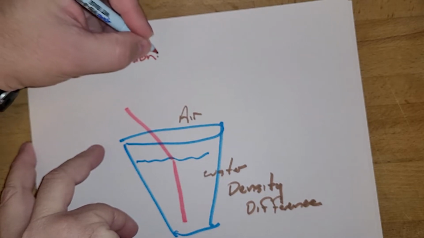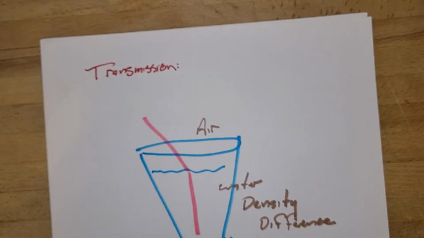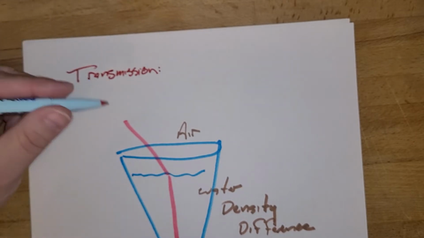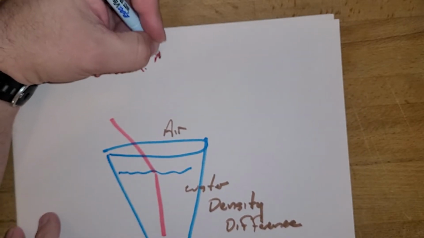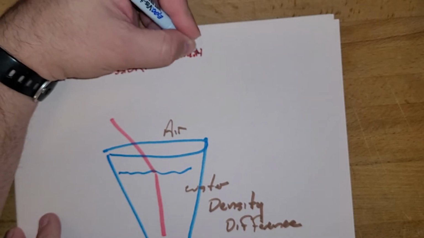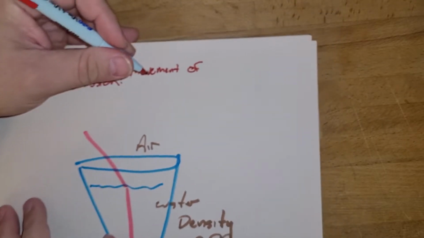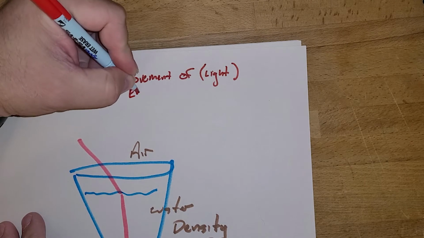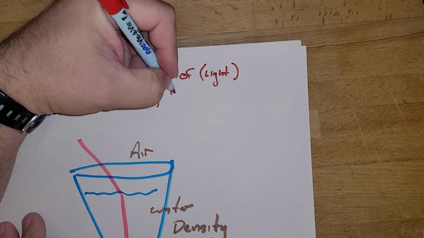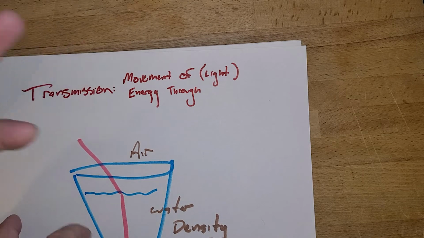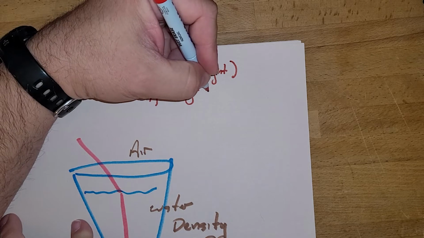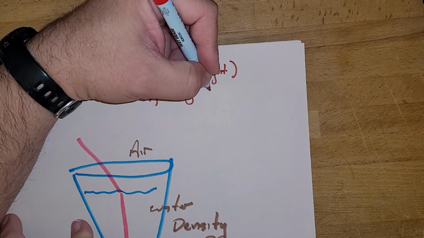It's not necessarily the same as the transmission in your car, although the transmission does transfer the energy from the engine to the drive system, to the tires and axle and all that other fun stuff. But in this case, what we're talking about is transmission, or the movement of energy. And in this case, we're talking about light. So I'm just going to put that in: light energy through any material, any space, anything else like that. So through a substance, through material.